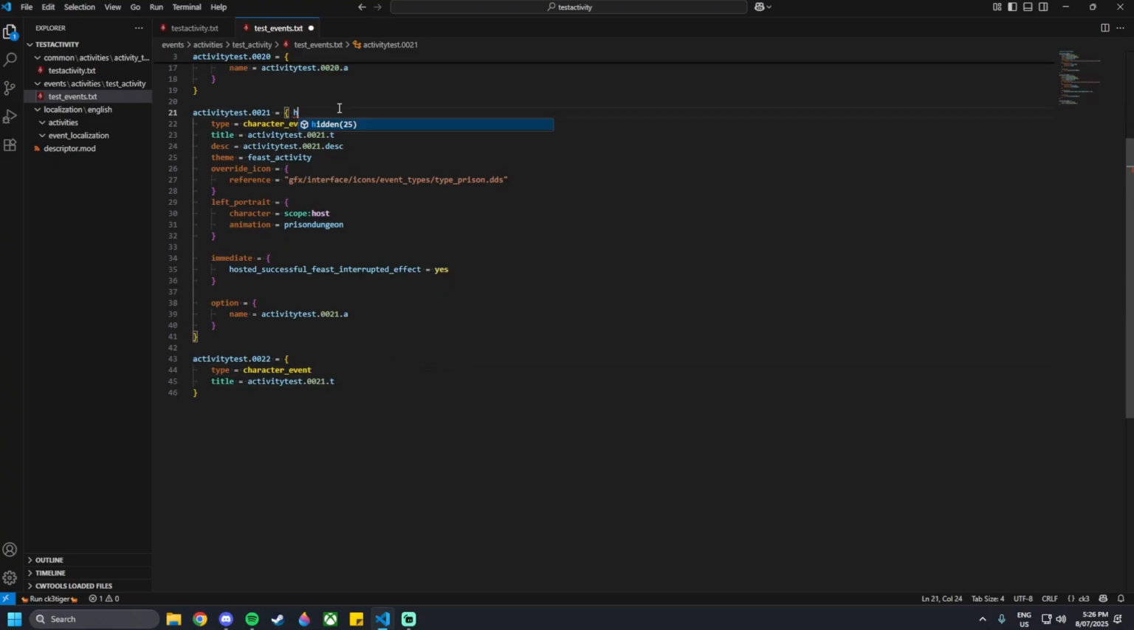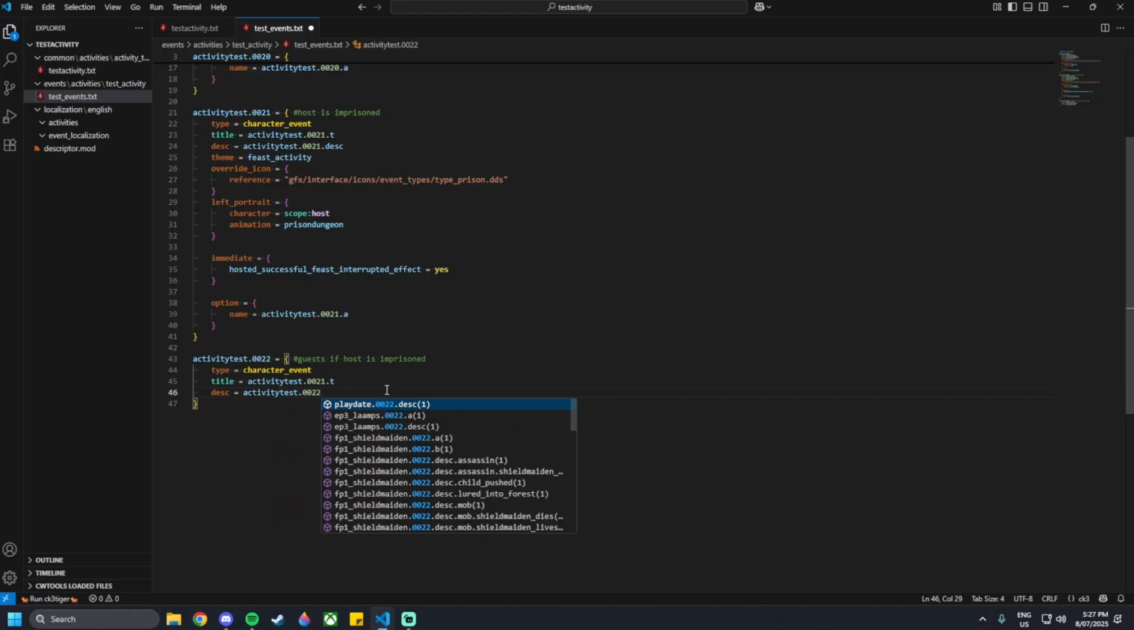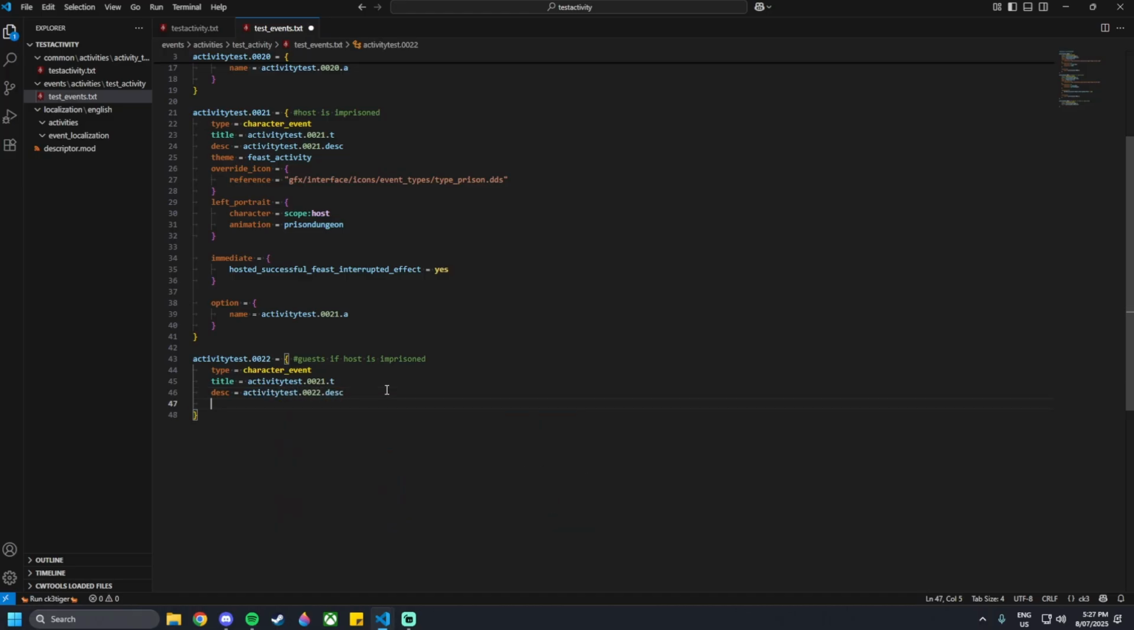So this is for if the host is imprisoned, and this one will be for the guest if the host is imprisoned. So we don't need to have a different title for this one. We're going to use the same one. So description equals activity test.0022. We'll have a different description for this one, as it's not from the host side, it's from the guest side. So we'll need a different description, and we'll put a theme in there,